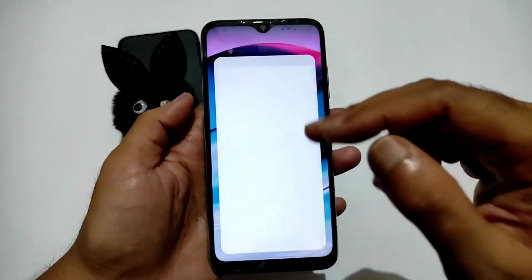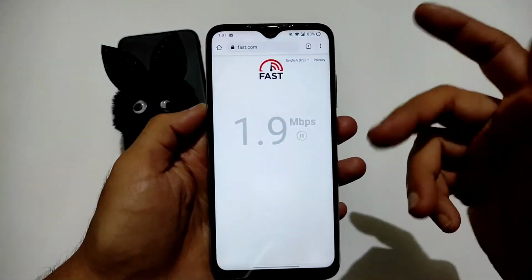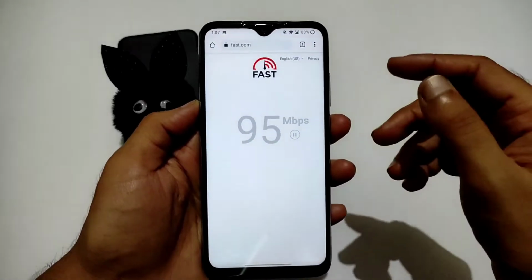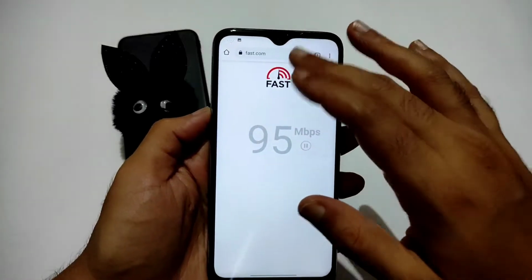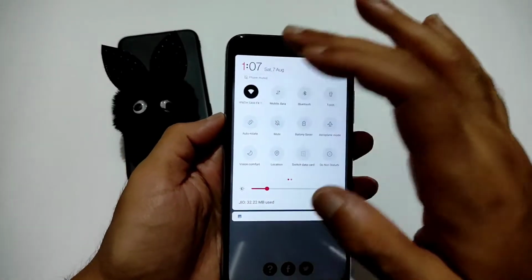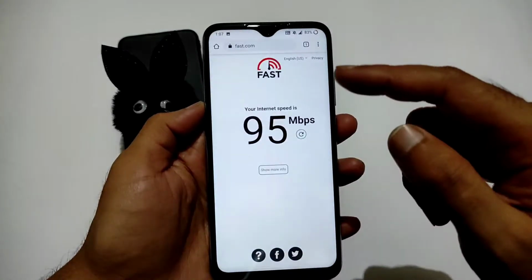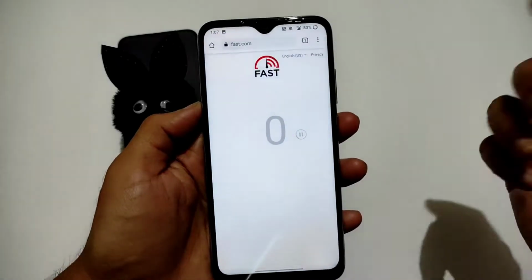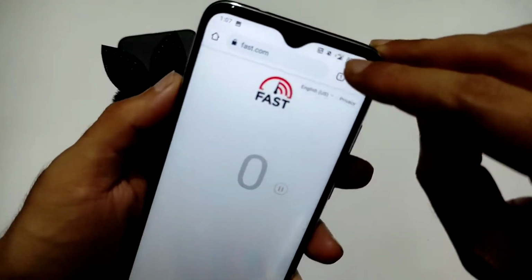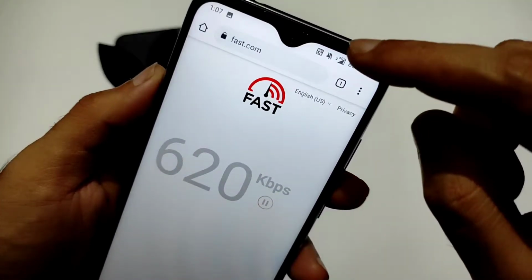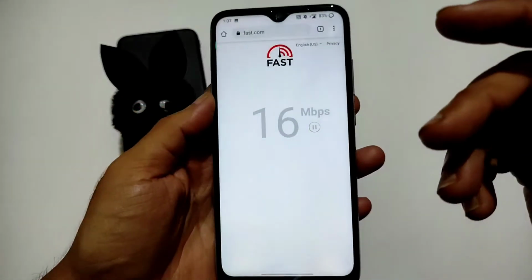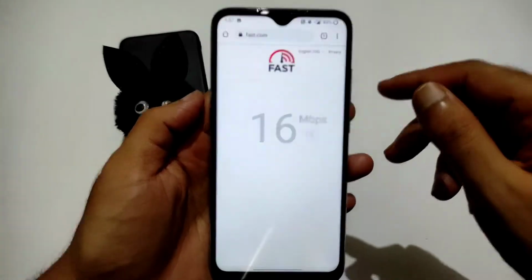And coming to speed test, I have a 100 Mbps plan here. It's pulling up to 100. It's nice, really good. And if I go to mobile internet, let me show you. It depends upon the network coverage area also. As you can see, I am currently getting 4G plus here, but speeds are not that great.